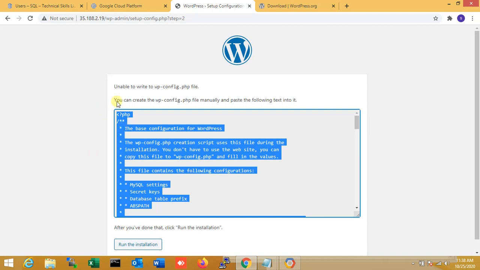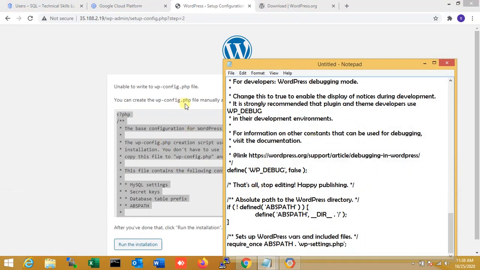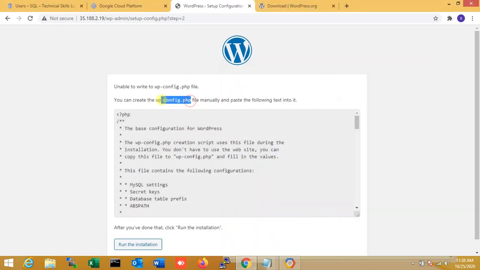So here, unable to write to wp-config file, so you can create a wp-config file manually, and paste the information text. Okay, no issue, I'm just manually pasting it. I'm copying the text, creating wp-config.php.